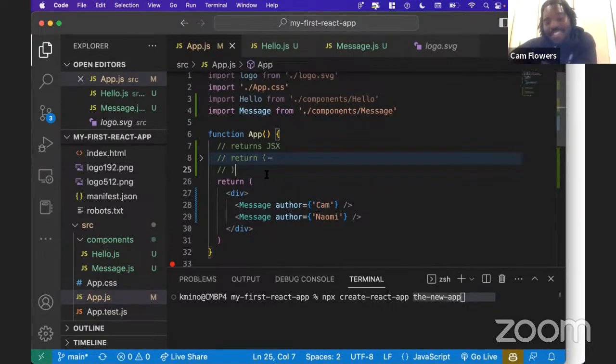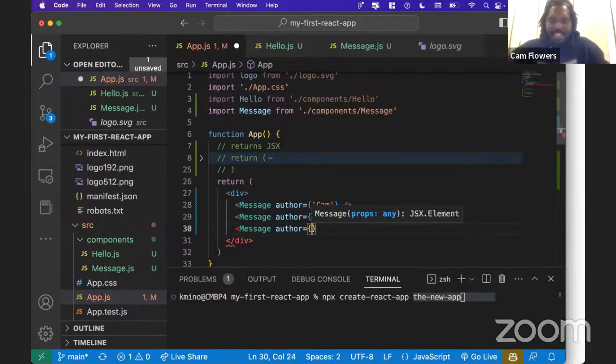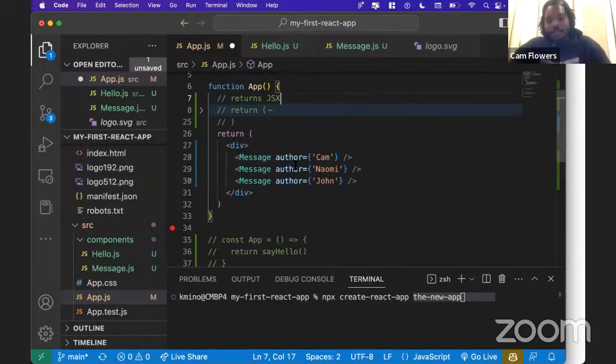So let's say we have these messages. I got one here, let's make another one. And let's say this author is John. So now we have three messages, and each message has an author. But each message also might have some content, maybe another bit of data, just another string. Maybe the content is, this is a message. And then maybe somebody else responds and they're like,